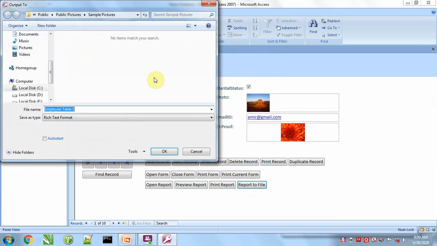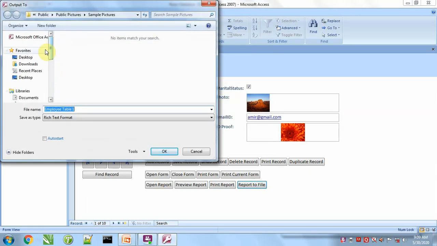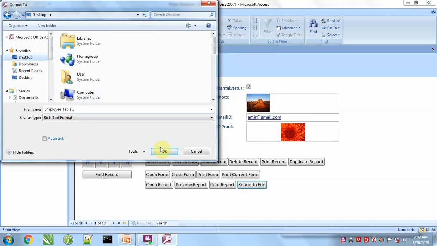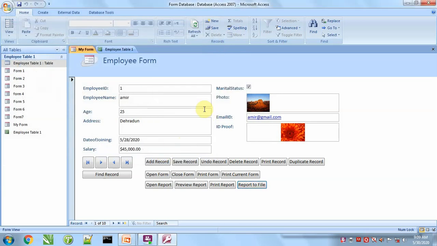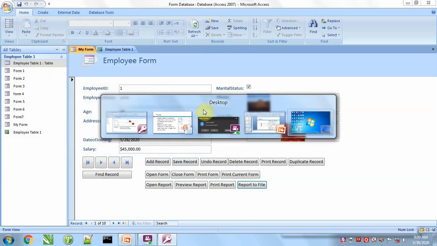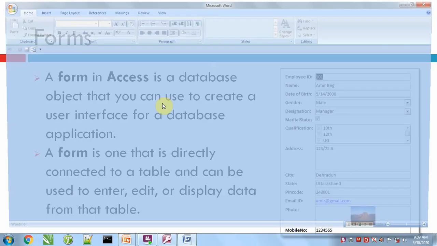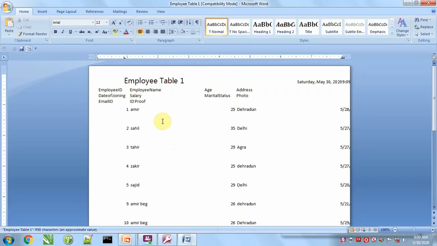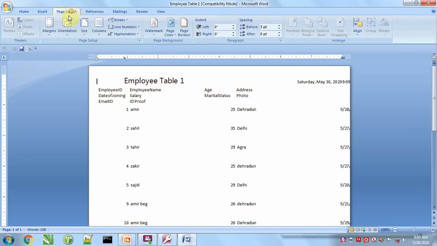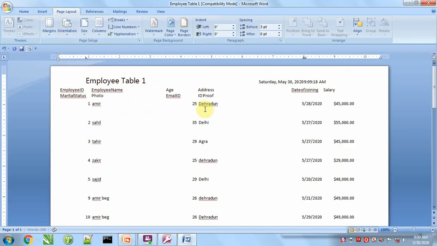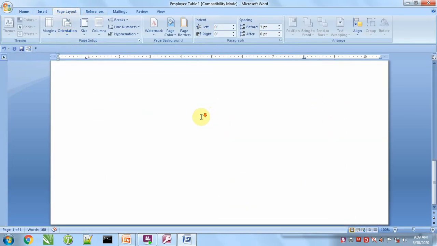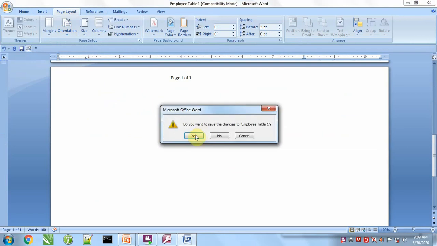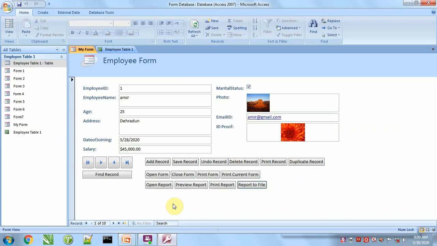Okay. Now we have to select the location where we want to save. Desktop. This is the table converted to rich text format. We can look here. So these are the options for report.